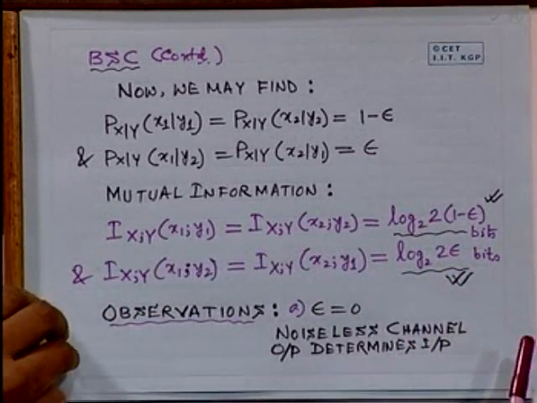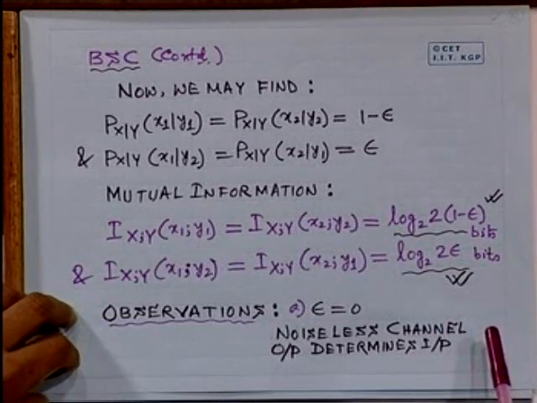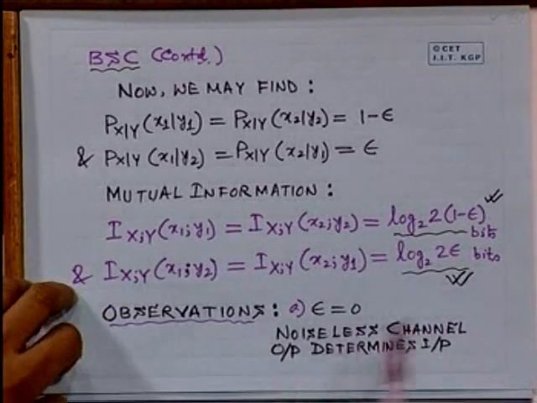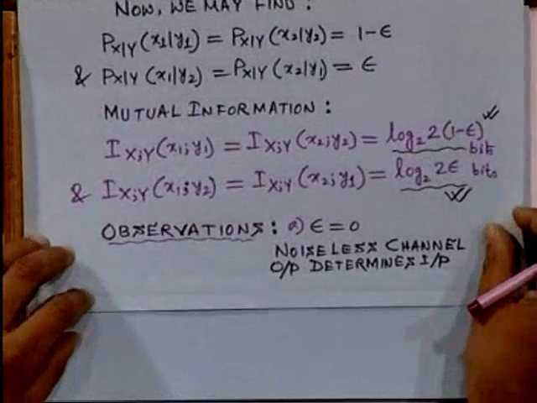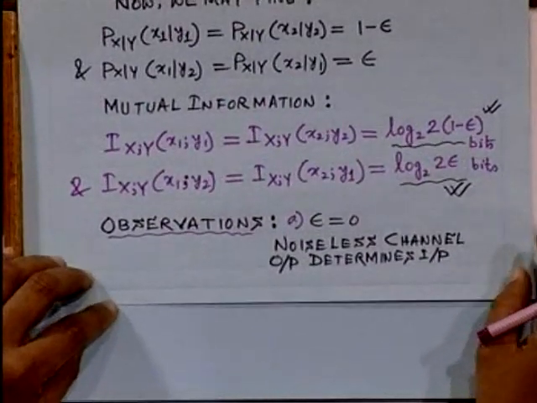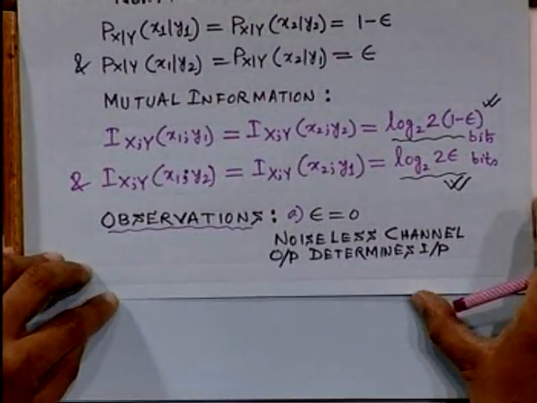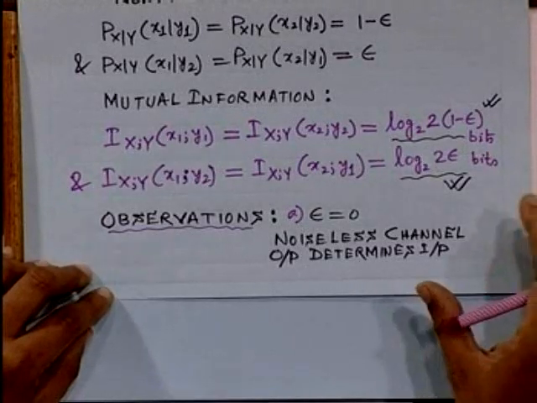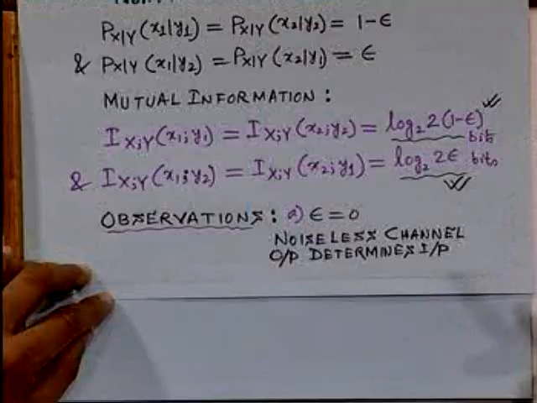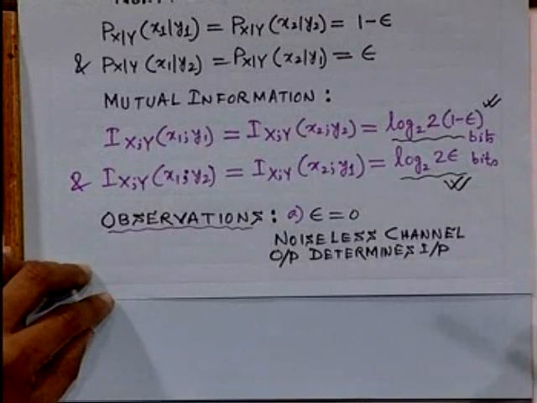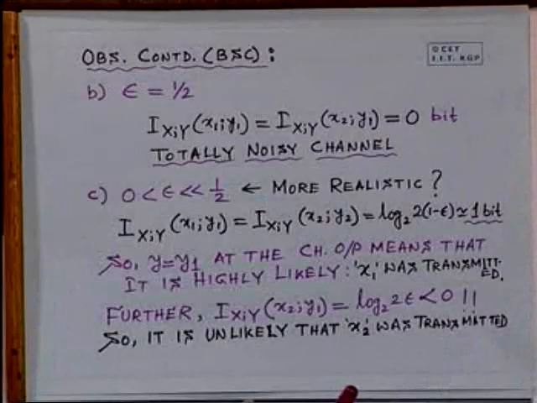We were discussing the various values of epsilon that may be considered, and we found that epsilon equal to 0 means that the binary symmetric channel is noiseless. It is an ideal channel really. Epsilon is the transition probability, and for a noiseless channel we can say that the output of the channel determines the input to the channel. A little bit of interpretation will bring out this issue. So, we move on. The next interesting case is